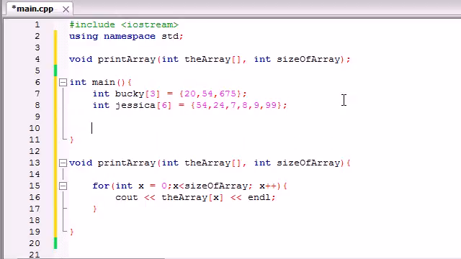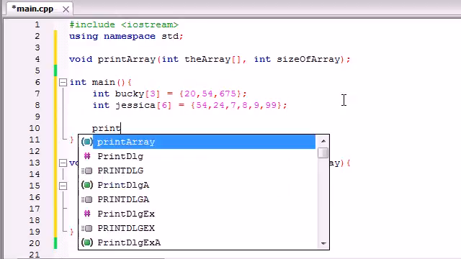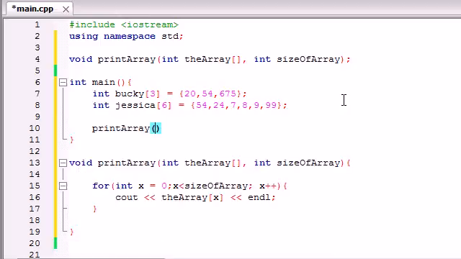So whenever we want to use this function that we just created, just go ahead and type the name of your function, printArray, and give it the 2 pieces of information it needs. But you know how at the beginning of this tutorial I said that there are a couple of tricky things that you guys need to watch out for? This is one of them. You might think in the first parameter you might type Bucky, or Bucky square brackets, or Bucky square brackets 3, but actually the only thing you type is the